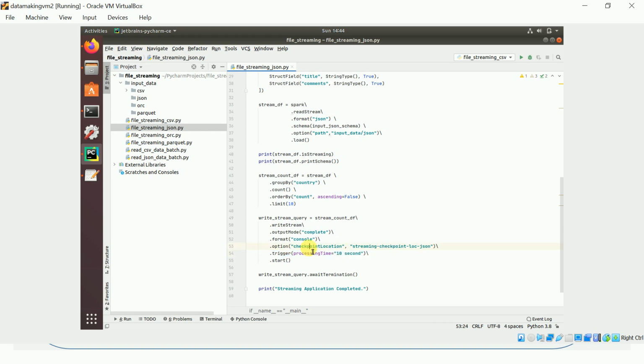And what is checkpointing? The checkpoint location is what you need if you want to achieve full fault tolerance on your different data sources.